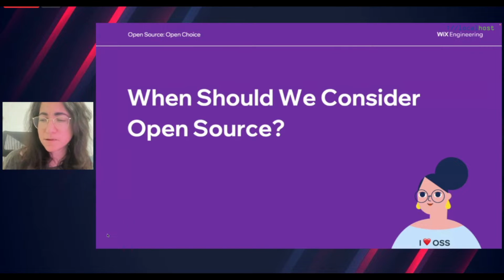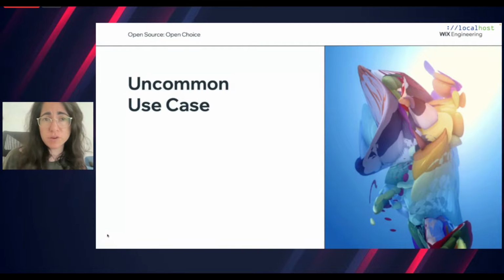Okay, so let's talk now about when we should consider open source, because maybe it's not always the best option for you, depending on where you are at the moment project-wise and stuff like that. So let's consider when to adopt open source software. First of all, an uncommon use case, and I can tell you an example that I had in one of my previous companies.